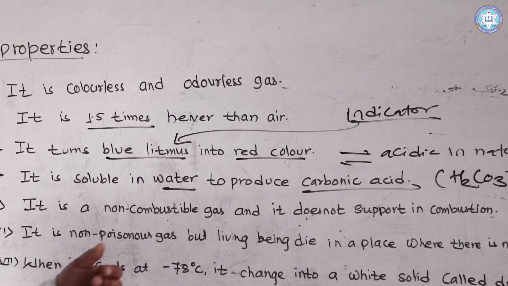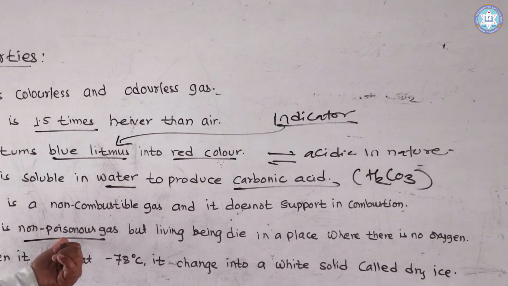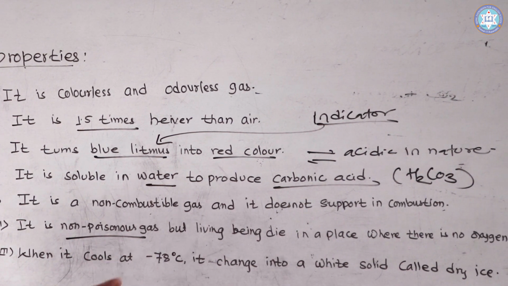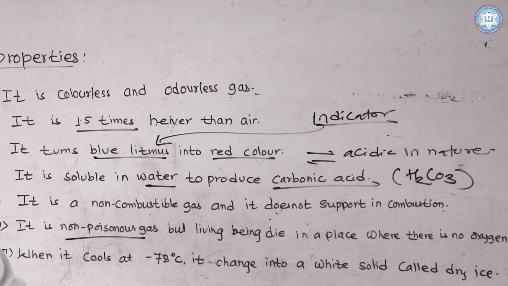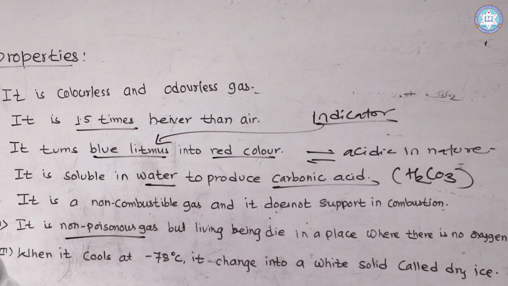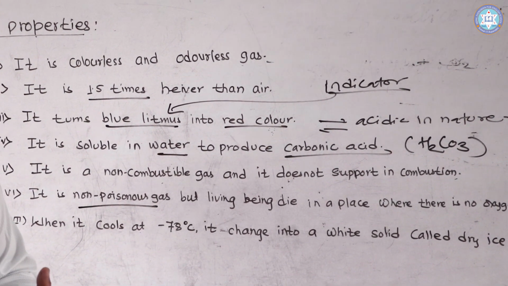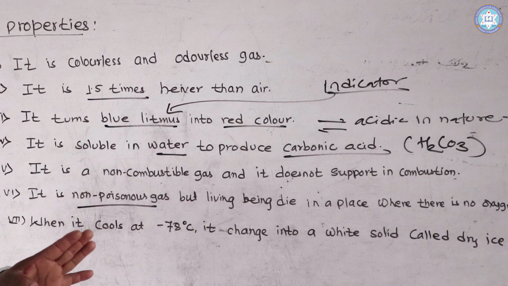It is a non-poisonous gas. But living beings die in a place where there is no oxygen. A small amount यसलाई खासै असर गर्दैन, but if the concentration of carbon dioxide gas in human blood is increased, then it is a cause of death. हाम्रो ब्लडमा कार्बन डाइअक्साइड ग्यासको लेभल बढ्यो भने मर्न सक्ने हुन्छ, तर यसको सानो मात्राले गर्दा मरिने चान्स छैन।